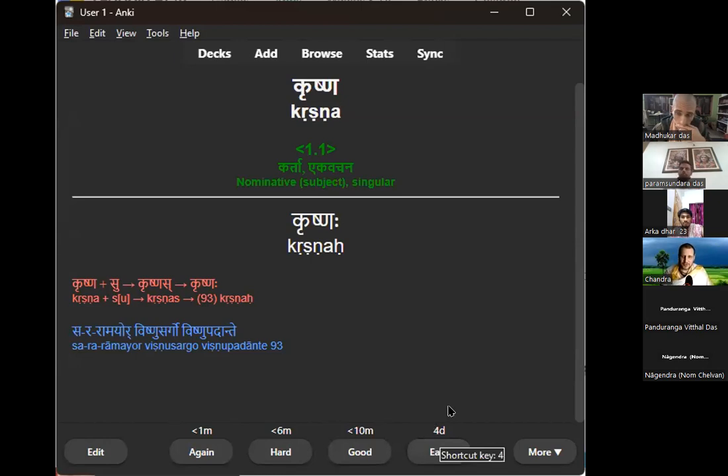So the trick with Anki is to use it every single day and to be very honest in your answers. If you're really struggling with it, then do review it again, because then it really works. If you're just lazy and go, oh, okay, easy, what you'll find is in a week, you have a big stack of cards that you're not very clear on that you have to work through, and it will be boring and grueling. So it won't be effective to do it that way. That's the secret. Study it every day and be honest in your feedback, and then let the algorithm do its work.